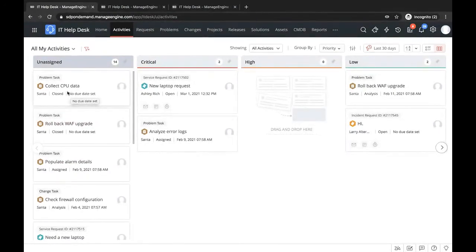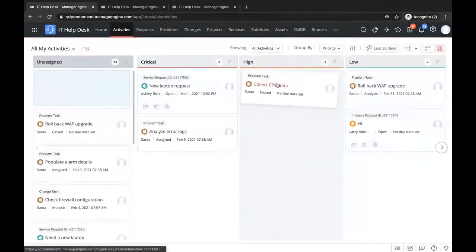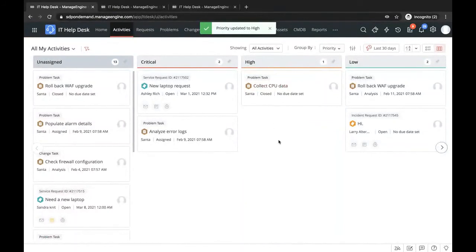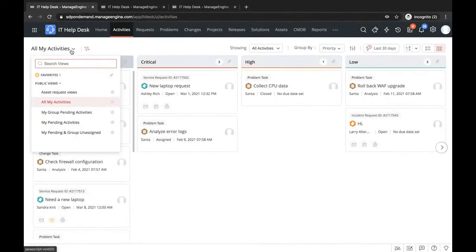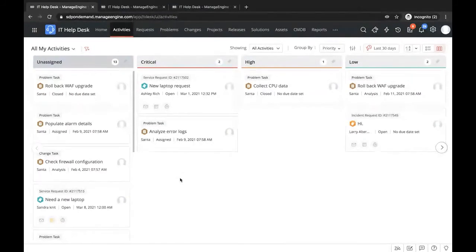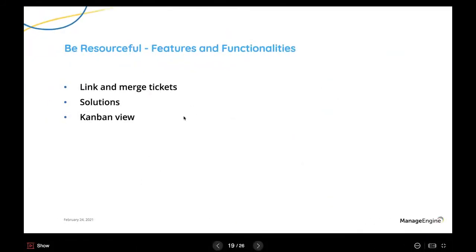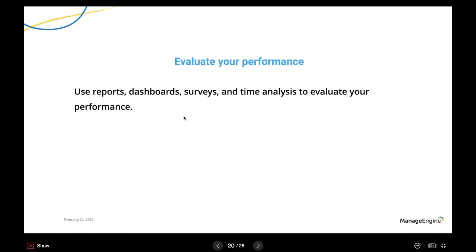All he has to do is, let's say he wants to move this particular ticket to a high priority ticket. All he has to do is drag it and drop it, and the priority gets updated automatically to high. So this is how efficient the Kanban view is. Technicians can create, group, whatever kinds of filters they want to use while viewing their tasks, and do a whole bunch of other stuff as well. So that's about the Kanban view. And these are some of the ways in which you can be more resourceful. All right, let's move on to the last and final hack of the day, which is